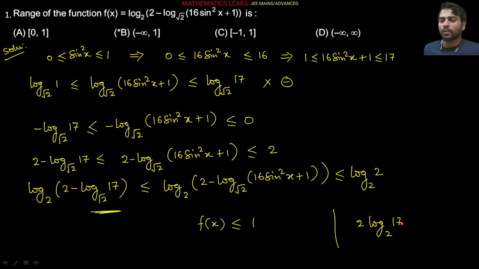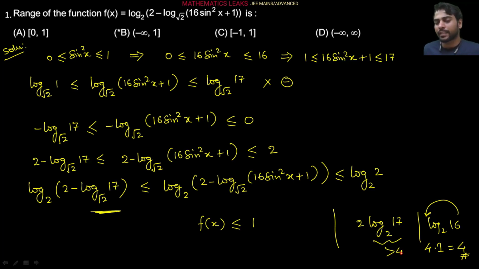So you know log base 2 of 17 is how much here? You know that log base 2 of 16 is nothing but, since 16 can be written as 2 to the power 4, this 4 comes here. So it becomes 4 log base 2 of 2. Here base and argument both become the same, so this value resolves to 1. So 4 into 1 means 4 only. So for 16, logarithm base 2 of 16 becomes 4. So logarithm base 2 of 17 will definitely be greater than 4.